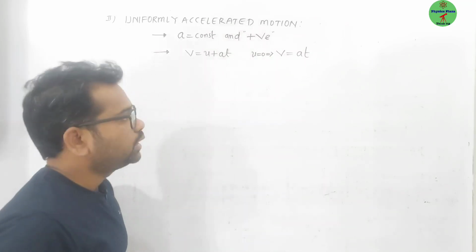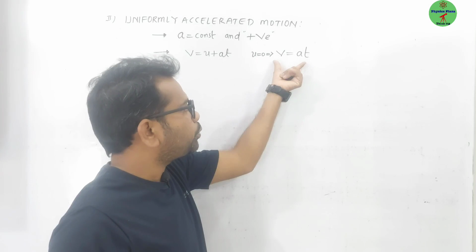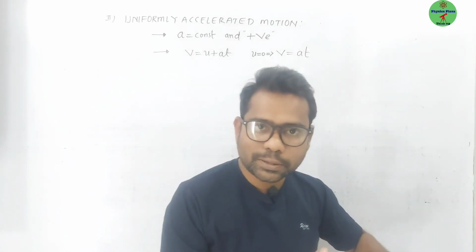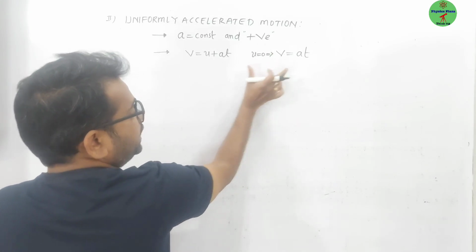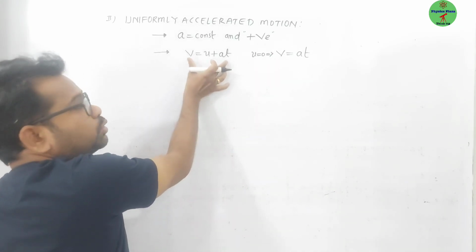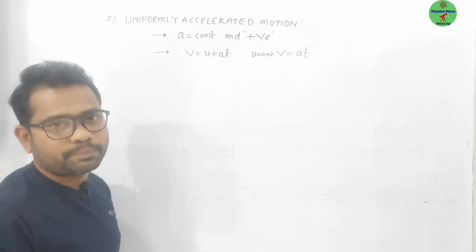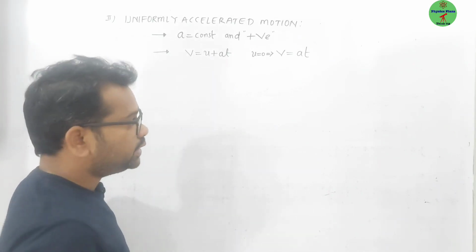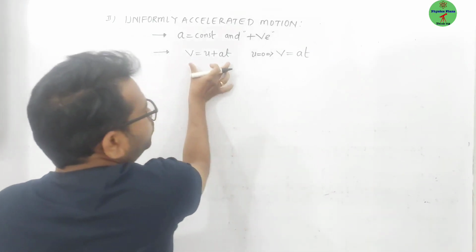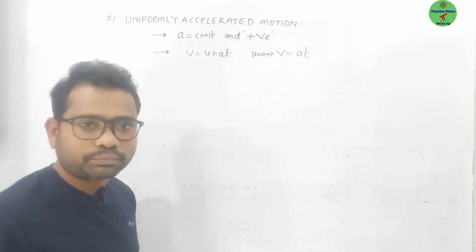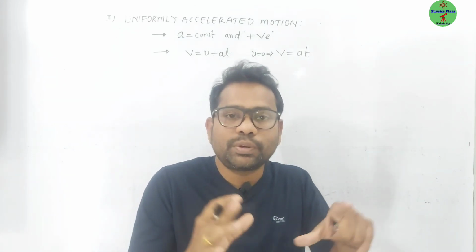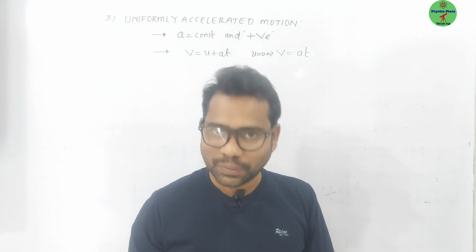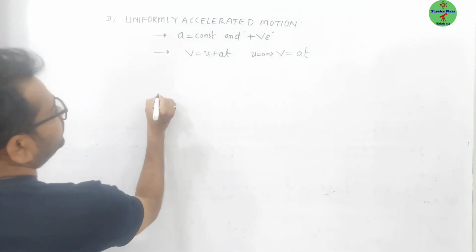Which means this equation we obtain when a body starts from rest, where there is no initial velocity. In the other, some initial velocity is there, so the body is not starting from rest. See, these both are linear equations only. So the vt graph is going to be a straight line, no doubt about it. Okay, fine. And the third one is